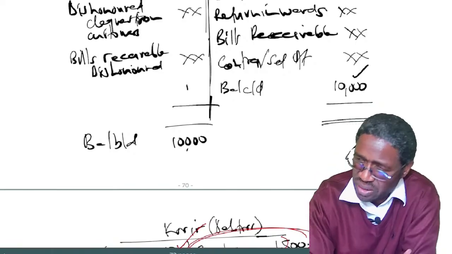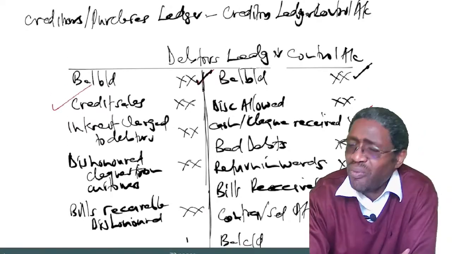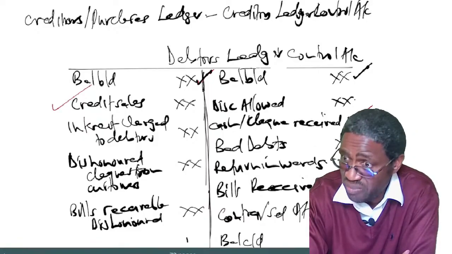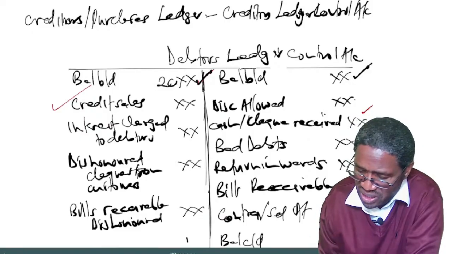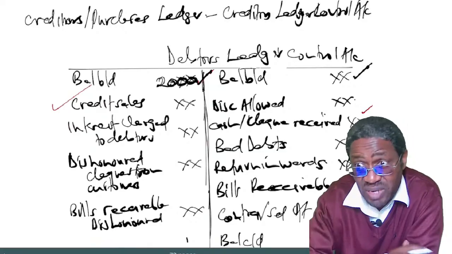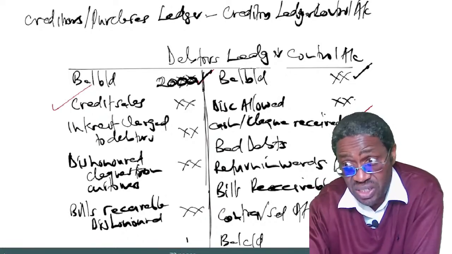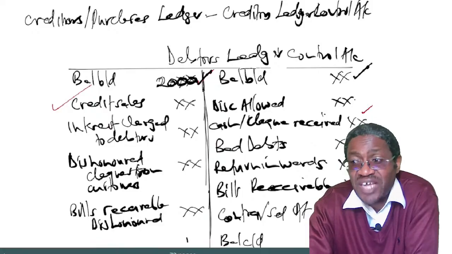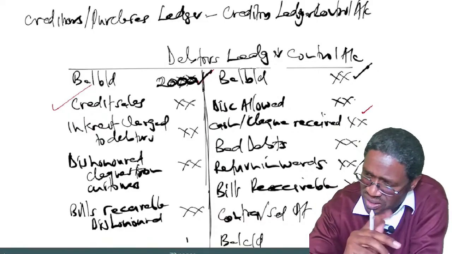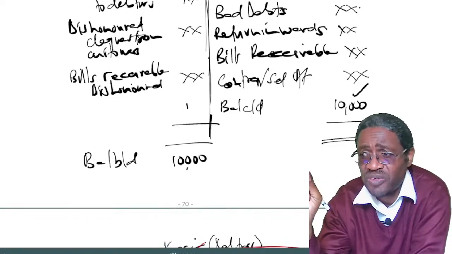so that it will be brought down on the debit side to be reflected as a debit balance. Listen, for the opening balances, if we were told our debtors by the beginning of the year were 2,000 debit, you just bring it down on the debit side as 2,000. Why? Because it was carried down last year. So by the beginning of this year, I just bring it down 2,000. Then I'm saying, by the end of the year again, if you are told we have another debit of 10,000,